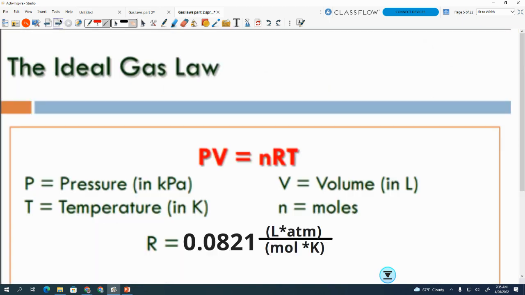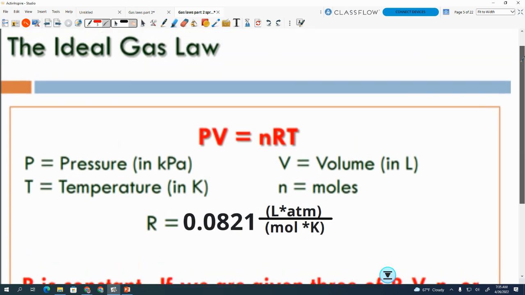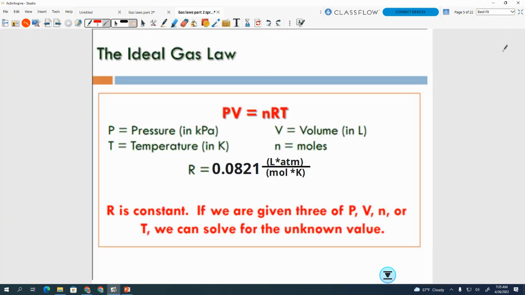All right, that one just kind of restates. All right, so we have this thing called the ideal gas law. Ideal gas law is a formula that allows us to calculate pressure and volume, assuming that the gas is going to act like what kinetic molecular theory predicts it will act. Now, I will say this: most of the time, ideal gas law is going to give us an answer that is perfectly fine,